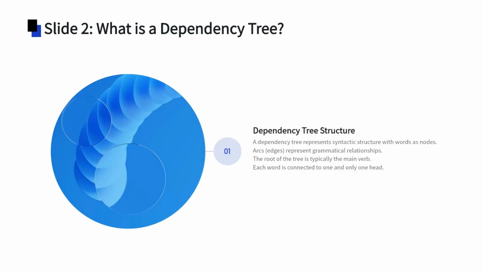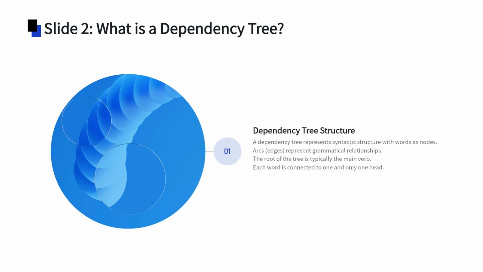A dependency tree is a directed graph, where each node represents a word in the sentence, and the edges represent the syntactic dependency between them. Each word has a directed edge pointing to its head, except for the root word, which has no incoming edge. The tree structure reveals grammatical relationships between words, like which word is the subject of the verb, which is the